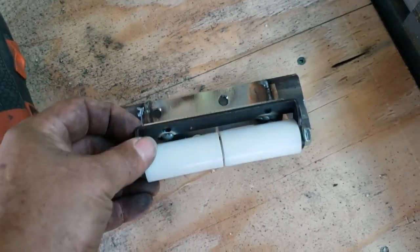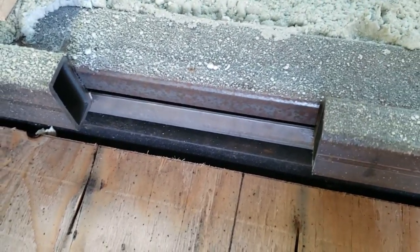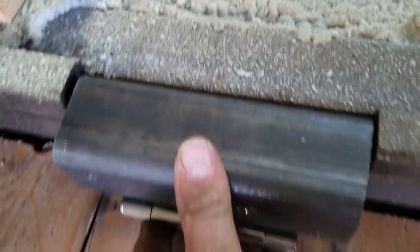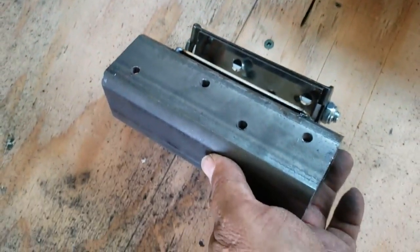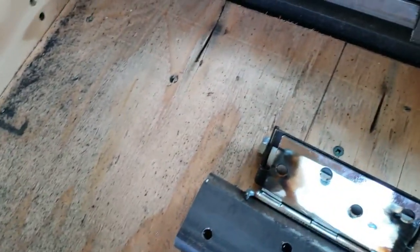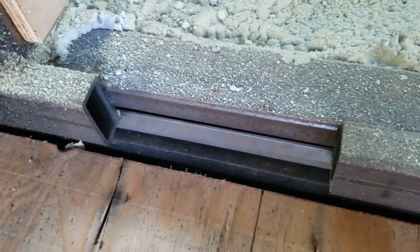Then the roller, and then I just cut an opening out of that 1" by 2" tubing that's on the front of the slide out here, and this will slide in like that, up a little higher obviously, and then I've drilled holes here, 4 holes, and I'll use, what do you call it, self-tapping screws into there